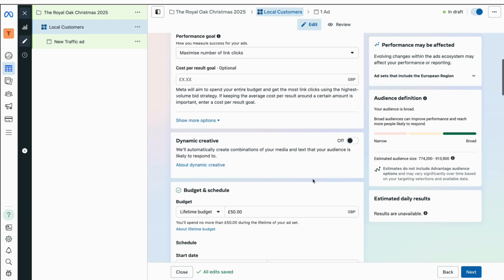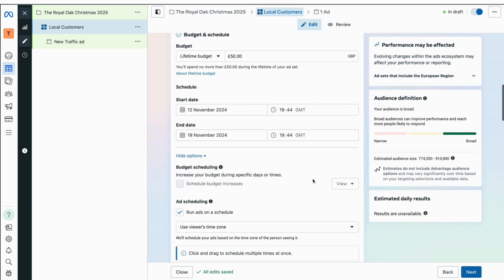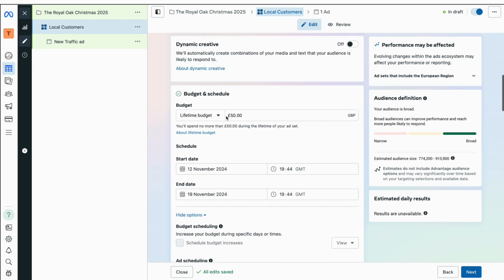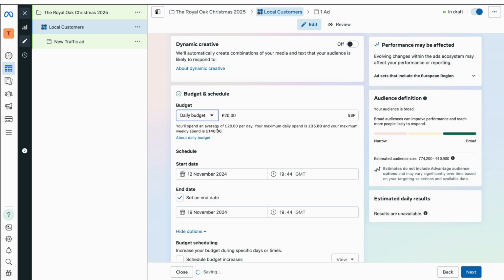You have the option to run your ads on a daily or a lifetime budget. Meta will try to spend your daily budget every day, but spending may vary slightly day to day. It's useful to run a daily budget if you want to keep an ad running and you don't have a